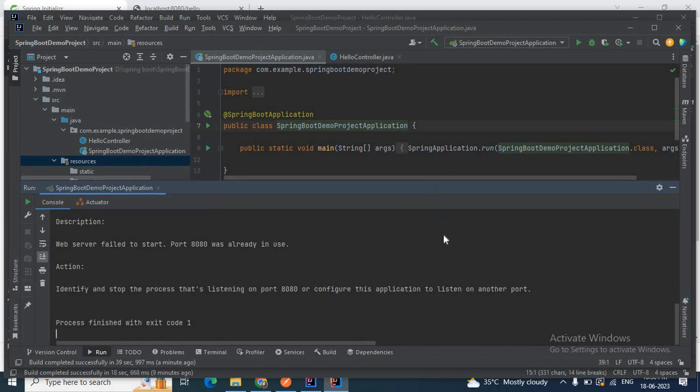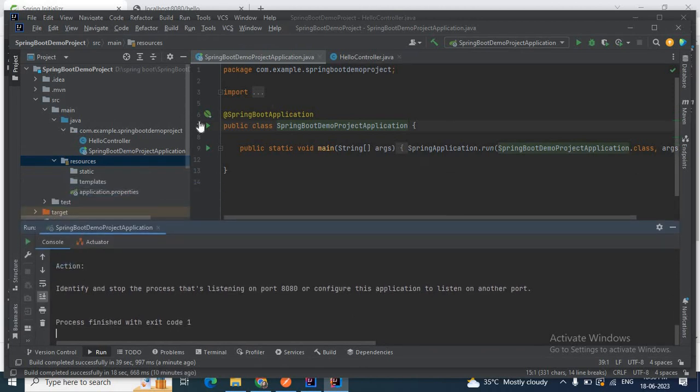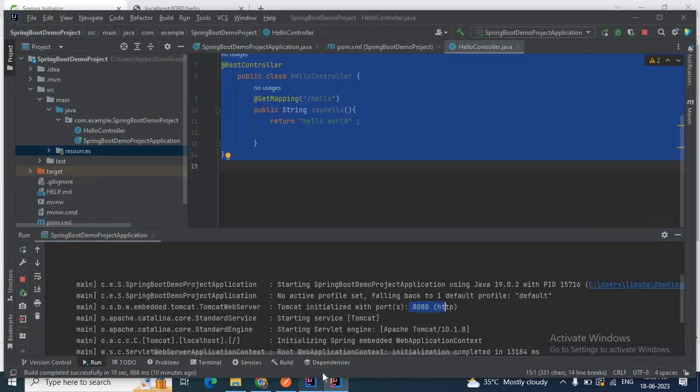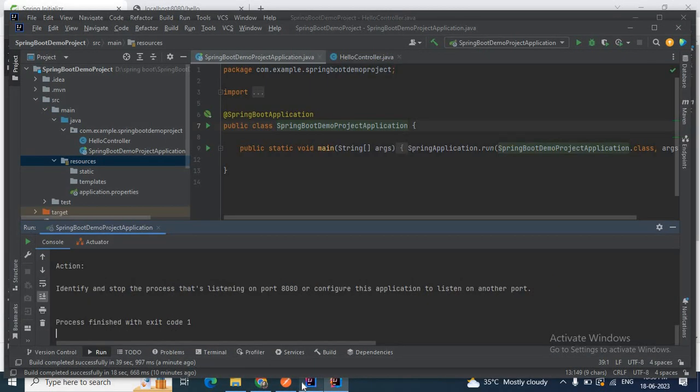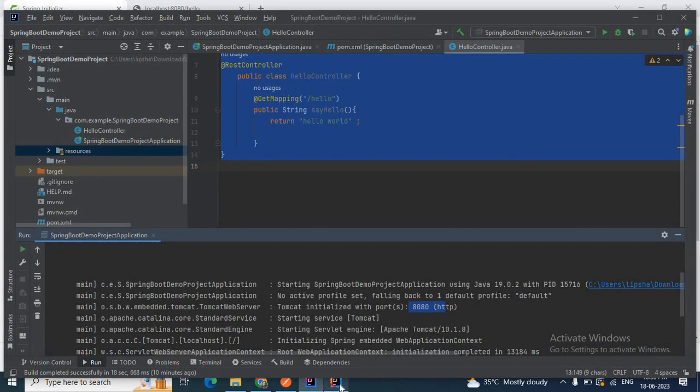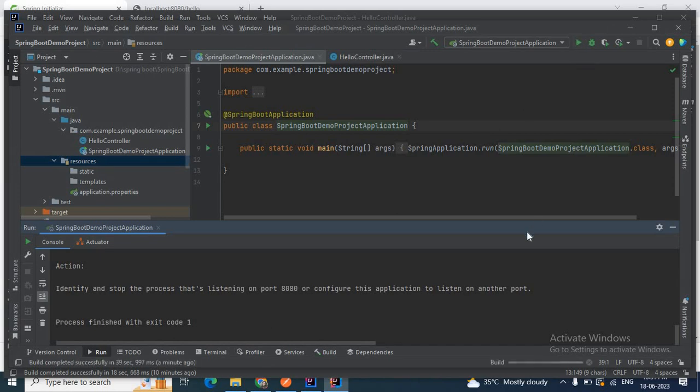If you want, you can change the port number for this project, or just go there and stop that application so that port 8080 will be available for this project. Okay, application stopped here, let me run this again.